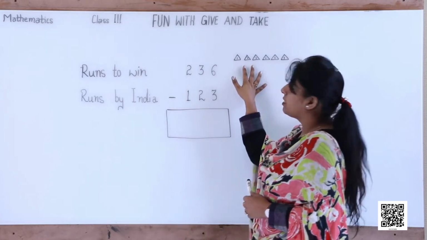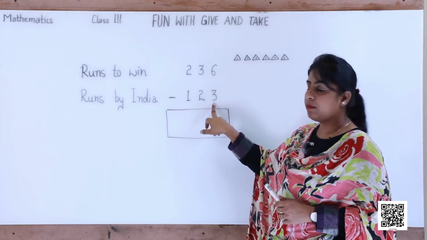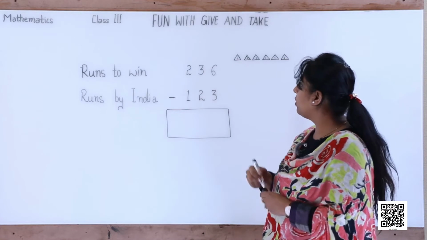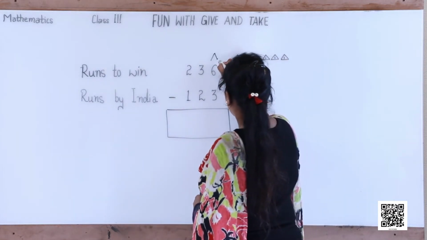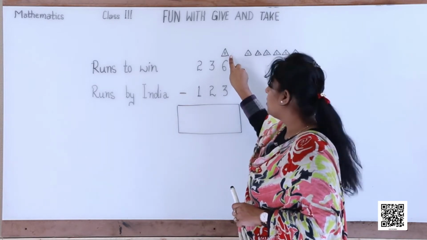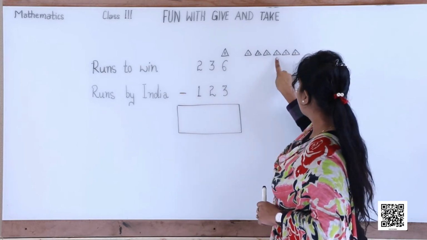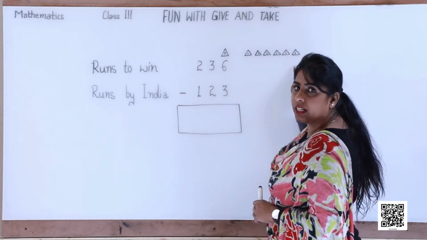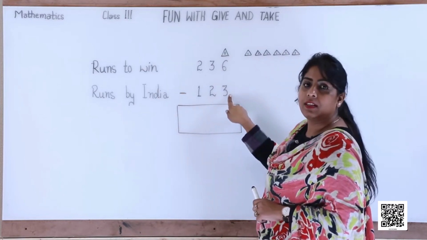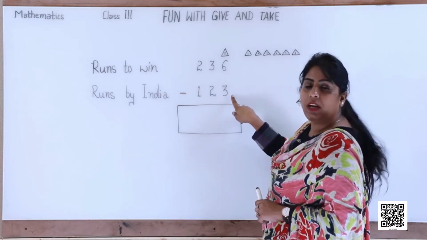Now, since we have 6 triangles and we have to subtract 3, we are not taking care of the other 2 lines first. We are concentrating only on the ones. So, for ones we are denoting triangles. In the ones line we have 6 triangles: first, second, third, fourth, fifth and sixth. So, a total of 6 triangles are here. And underneath we have 3. The digit is 3.